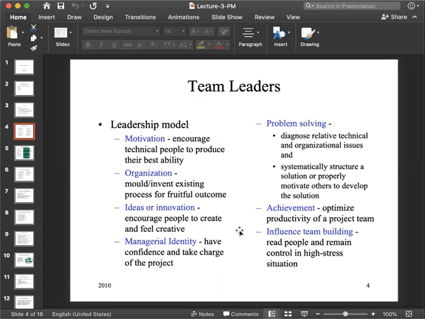Okay, so the leader has to have another quality that is called problem solving, because as you are the lead of a team, there are people who actually can have the power to solve the problem, but as a leader you must have that knowledge to solve that problem. Suppose আপনি team leader হয়ে বসে আছেন but coding এ বা testing এ কোনো একটা problem হলো, আপনার you have no idea about it, then আপনার টিমের মেম্বাররা কিন্তু আপনাকে রেসপেক্ট করবে না। সো আপনাকে পুরো জিনিসটা একটা ক্লারিফাইড আইডিয়া থাকতে হবে,